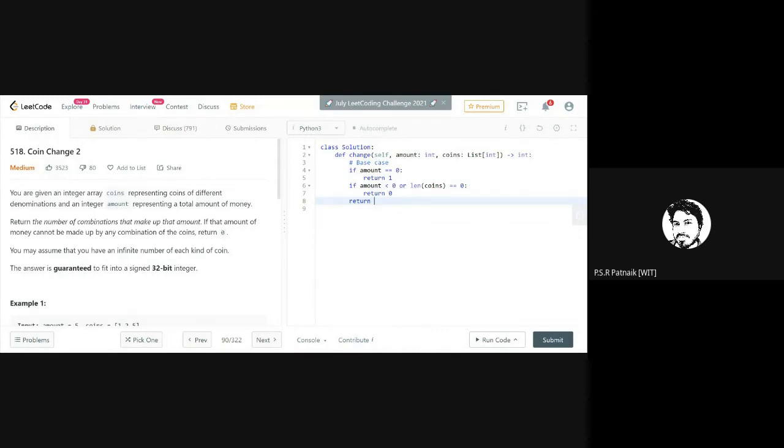Okay. So what is the first thing we have decided? Not to use that coin, right? If I decide not to use that coin, what do I need to do? So let me write: make recursive call using a coin and not using a coin.